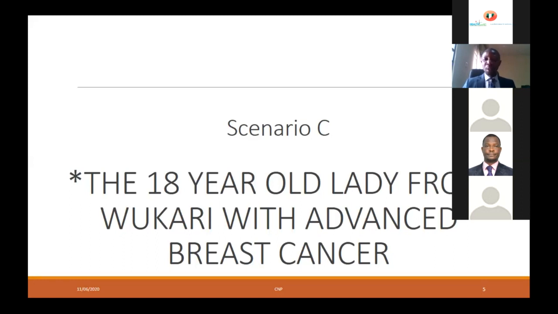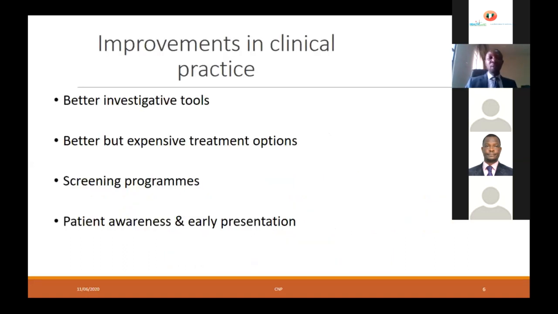What is the important thing about this lady? Two years prior, she had a lumpectomy done at a general hospital and the sample was thrown away. In fact, in that particular case, the father of the girl had asked for the sample to be submitted for histology. At the time in question, there was a pathologist at FMC Jalingo, but they didn't sign the sample for histology until the tumor had spread to a level where it could no longer be managed by the clinician.